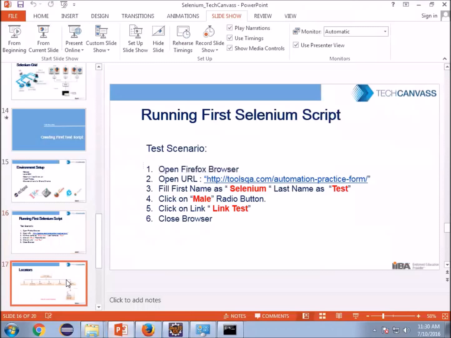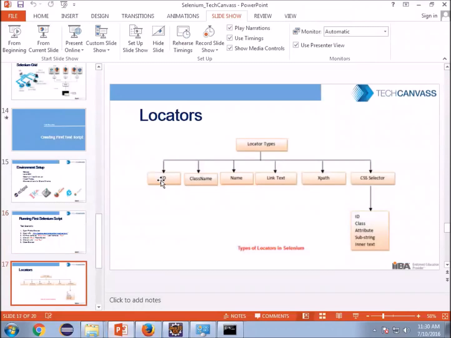So what are the locators? We will cover one or two locators, and the remaining will be covered in a course. The locators in Selenium WebDriver are: ID, class name, name, link text, XPath, and CSS selector. We will be covering ID and name, and maybe one or two more right now.